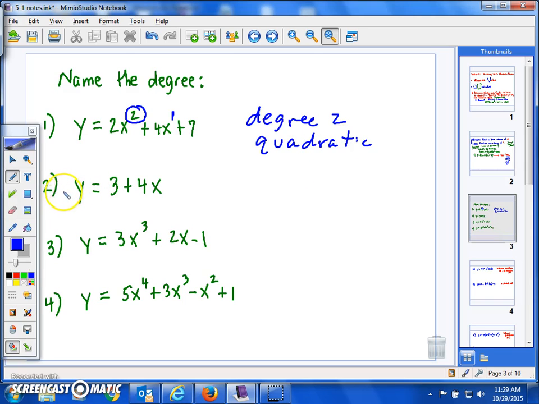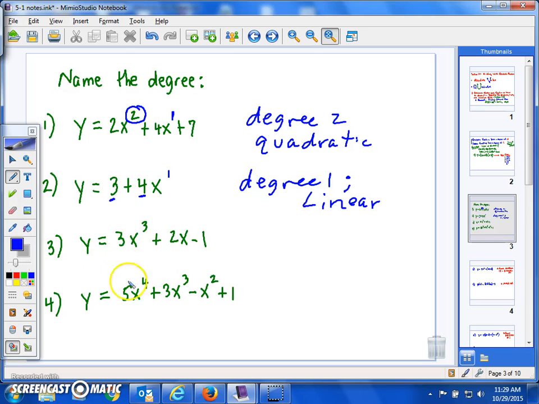Okay, well, let's contrast that with my second function, in which the highest exponent for x is this invisible 1. It's the only exponent for x. So therefore, we would say that this is degree 1, and for degree 1, we call those linear, because that should be pretty familiar. That's the graph of a line that has a slope of 4 and a y-intercept of 3. We're not going to get into higher degree functions, higher than second degree, but just by way of review,